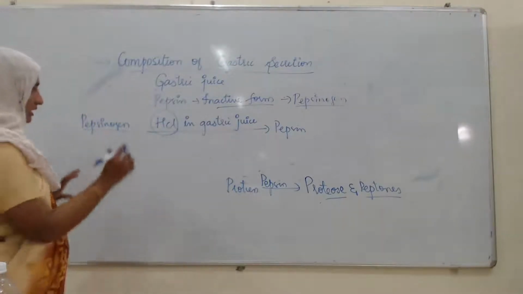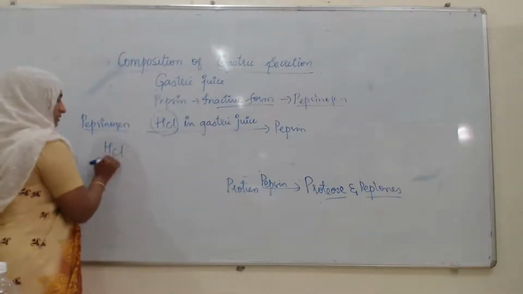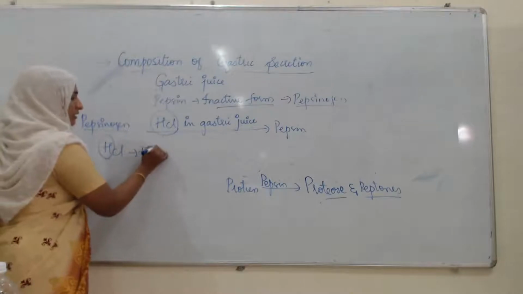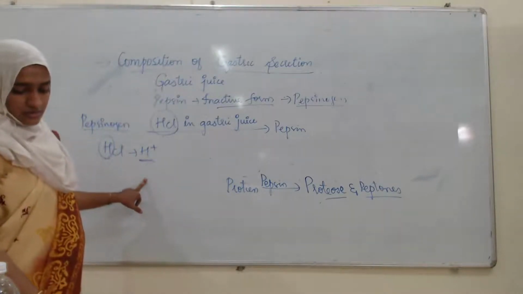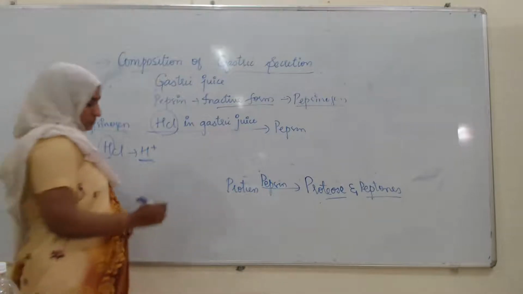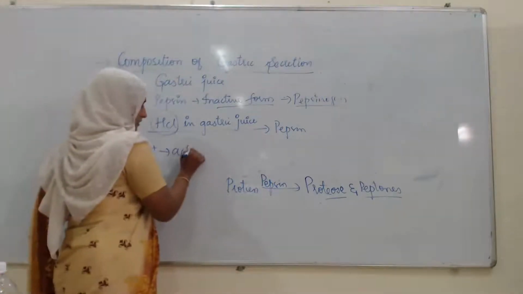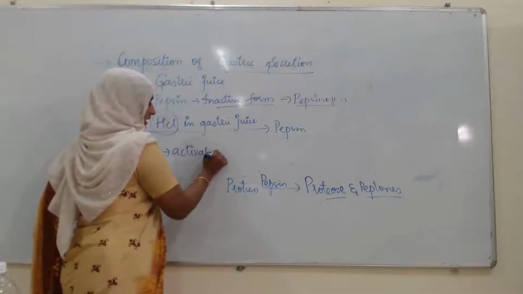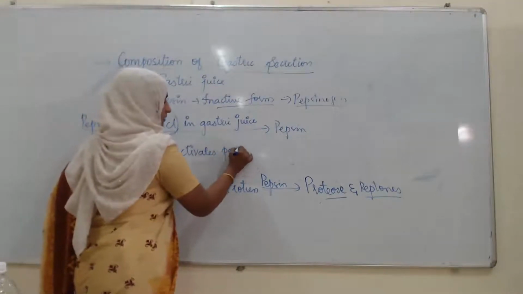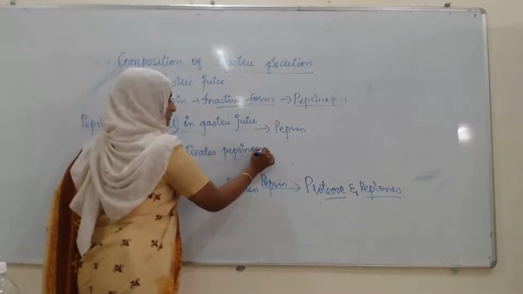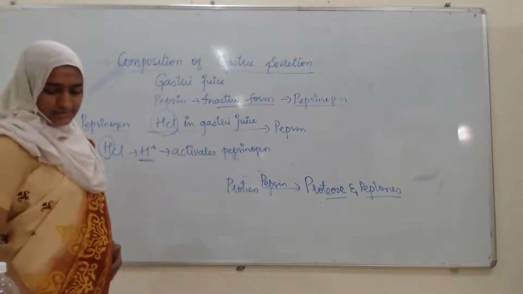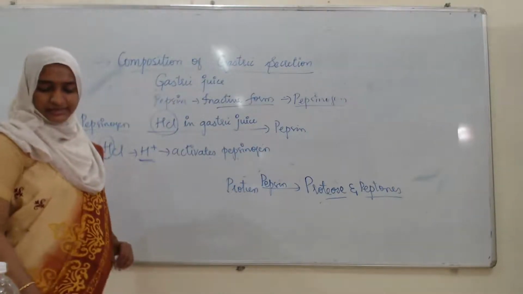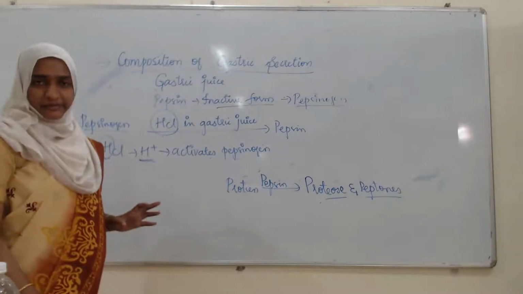Pepsinogen here in the HCl, the hydrogen ion. The hydrogen ion activates pepsinogen. The next thing here, it is shown that another acid than HCl has a similar effect,